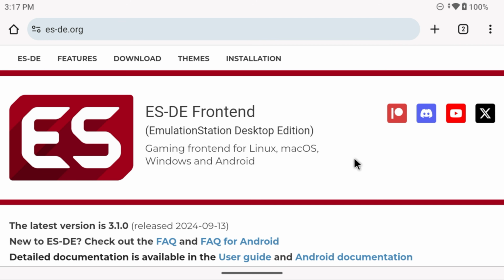So let's go ahead and start by installing EmulationStation Desktop Edition for Android. And I'm actually going to do most of this work directly on my device, but via screen capture, and so it's going to be on my actual Retroid Pocket 4 Pro. So to start, you want to go to the website, which I'll have linked in the video description, which is